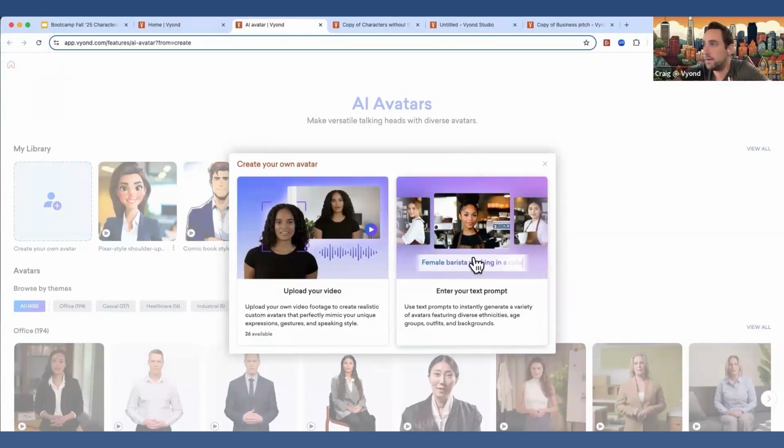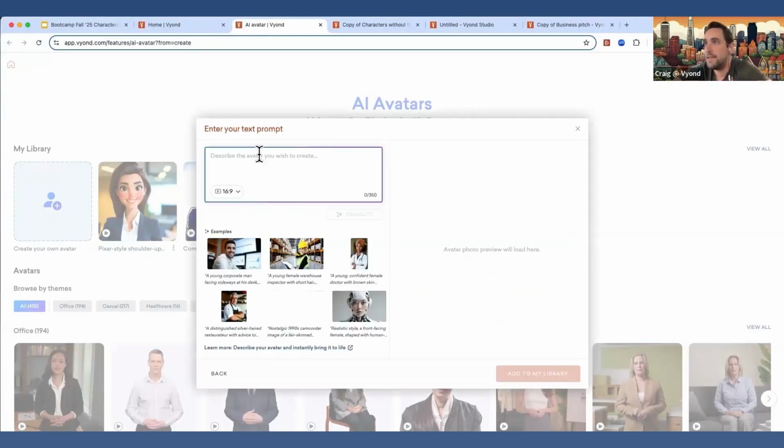Click here on enter your text prompt, and this is where you can plug in your prompt. The more generic you are with your prompts, the less happy you're going to be with your output. So here are some really quick guidelines to think about. If you pull up that prompt, you can take a look at that as we talk about it. Some of the key things you want to think about when you're building your prompts for these